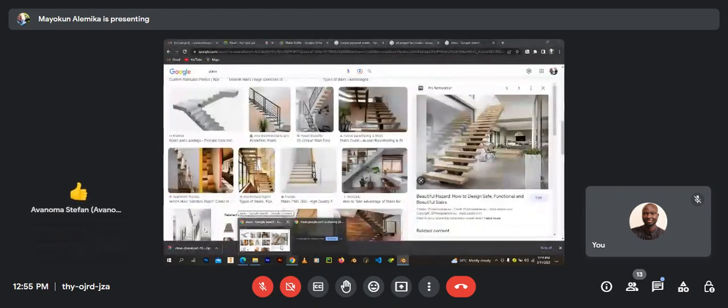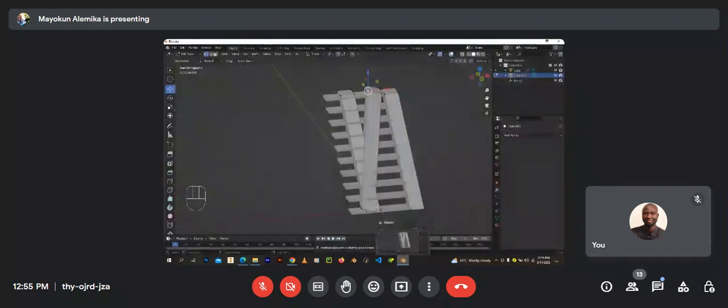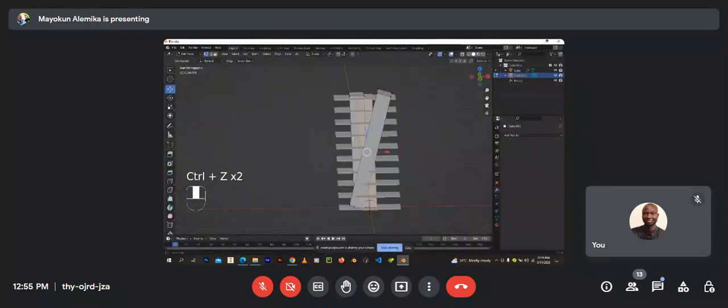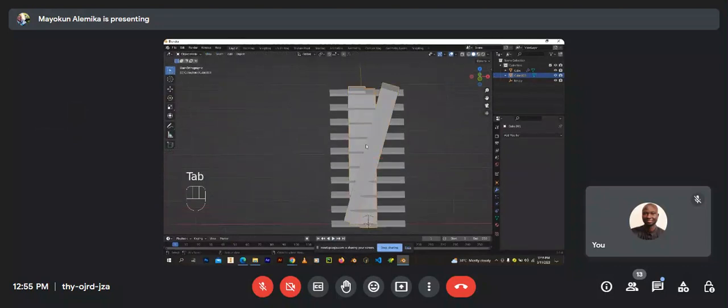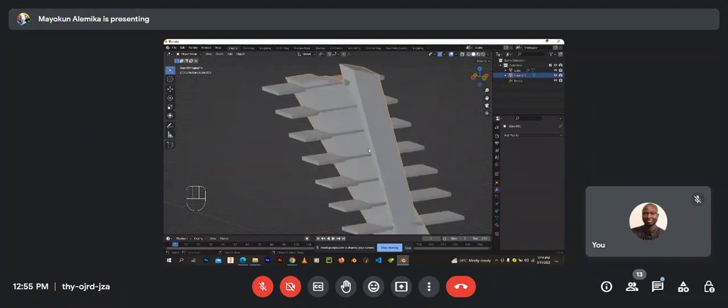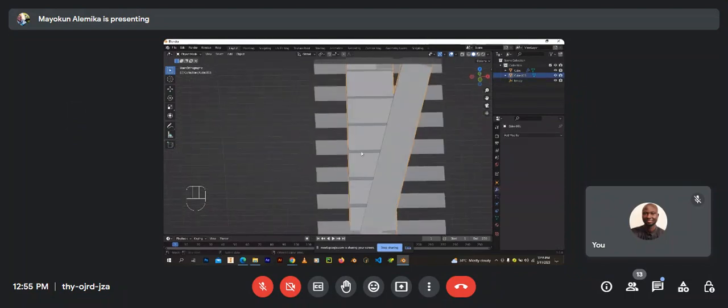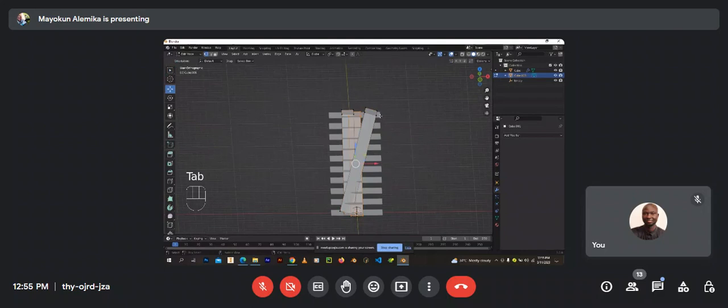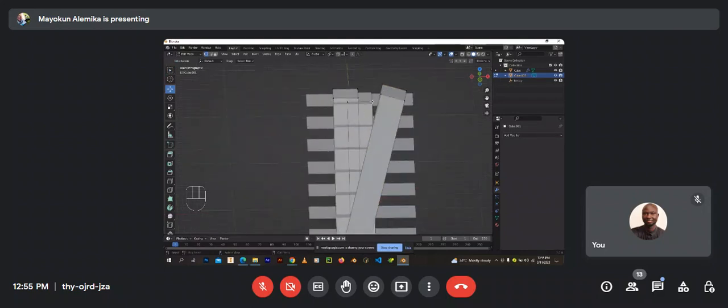Hello? Not really. Okay, let me do that again. Okay, let me go to object mode. Now we're in object mode. Okay, this is one object itself. This steps is another object on its own. Okay, the empty is another object, but it's not a mesh object. So if I want to edit this center stuff, I'll select it and go into its edit mode. Okay, you understand, right? Let me just select everything. Now in the edit mode,